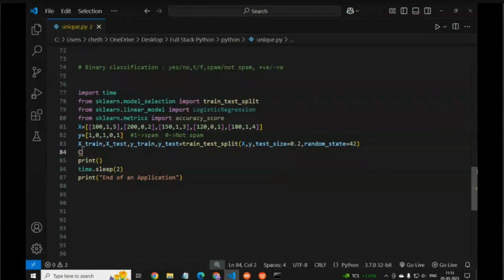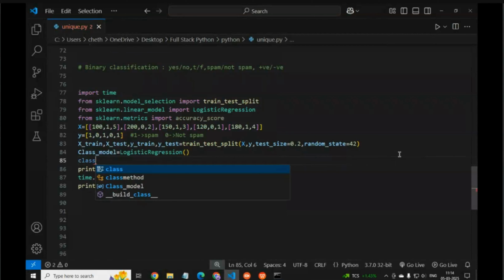So we write class model equals LogisticRegression. Why do we use logistic regression? In logistic regression the data comes in yes or no format. Then we have to fit the class model.